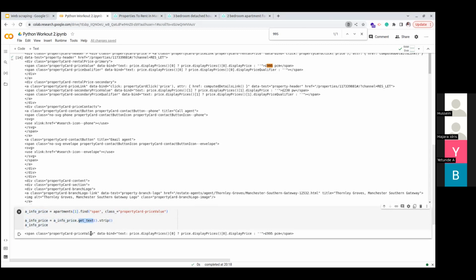So I'm saying inside all of these things, what I need is the text inside that HTML. And I'm doing strip because strip basically just removes trailing spaces. Sometimes, you know, the web page, maybe they've put space in front of the pound, but I want to strip any empty space before and after my text, like cleaning up. It's part of data cleaning, right?